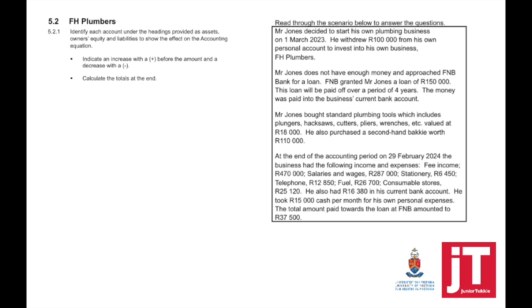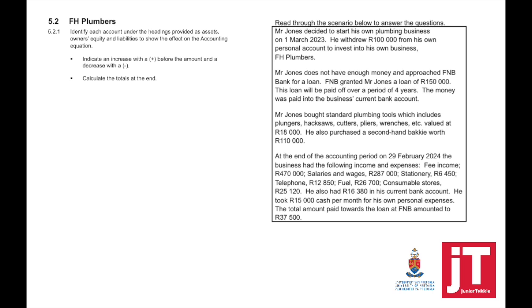So this is at the end of the accounting period. Remember, the start of the accounting period started on the 1st of March 2023, and 12 months later, it ended on 29th February 2024. So he had the following income and expenses: fee income, salaries and wages, stationery, telephone, fuel,